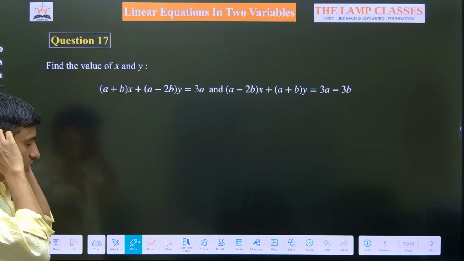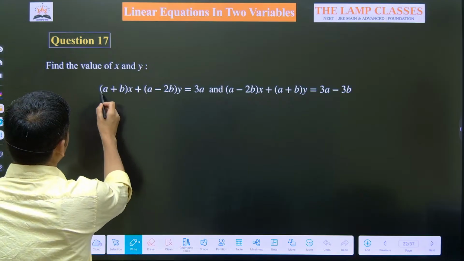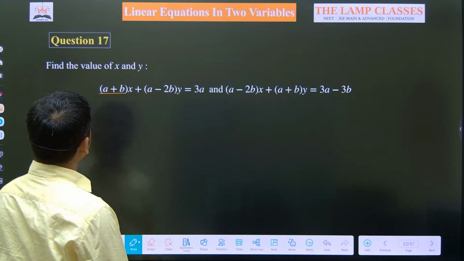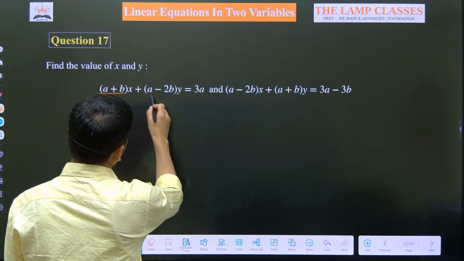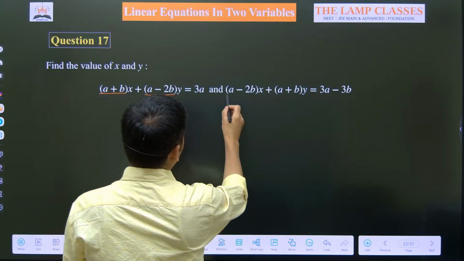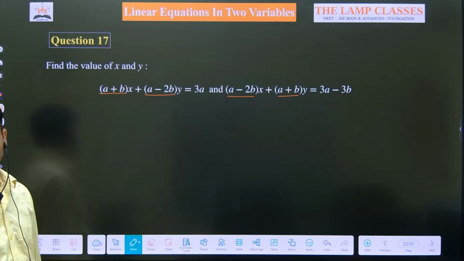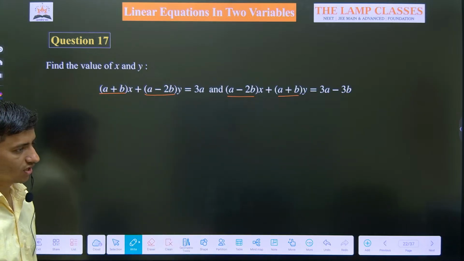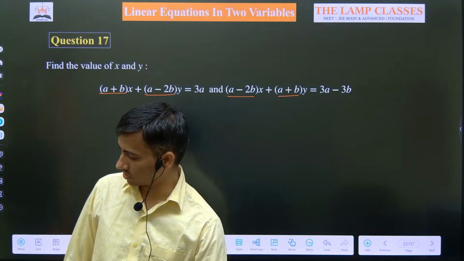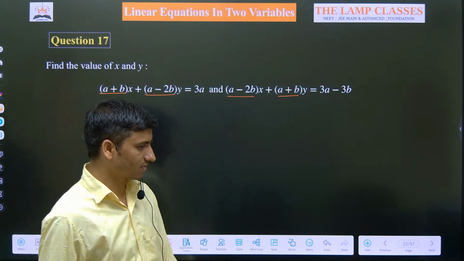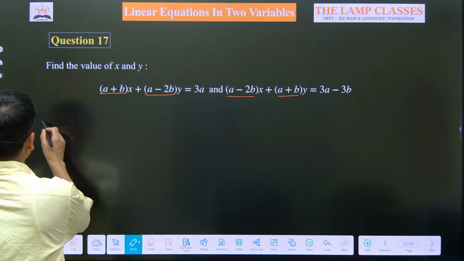Right, so here also it looks like the coefficient of x is a plus b, coefficient of y is a minus 2b. A minus 2b, a plus b. Isn't it of the previous type only, where the coefficients are interchanged? So let's use the same concept now. Once we will add this equation and once we will subtract, right? So in the solution,